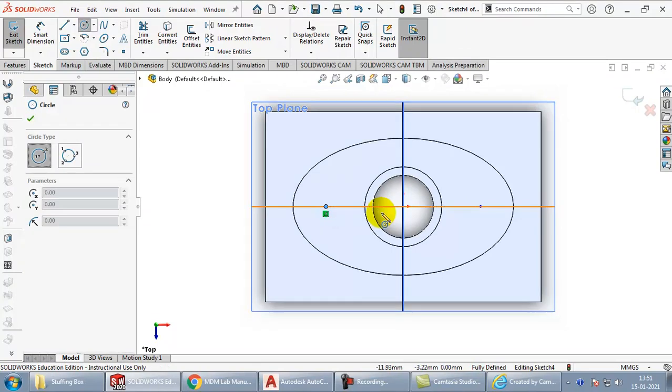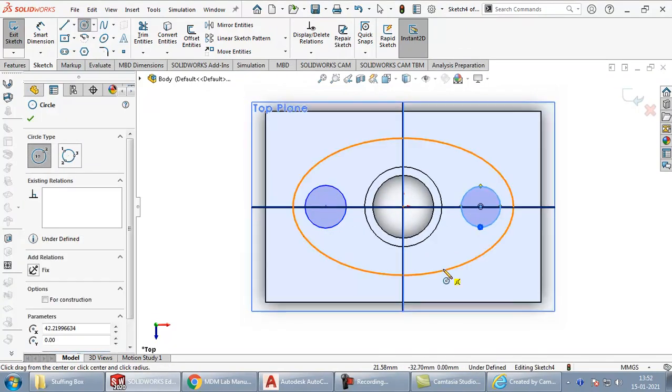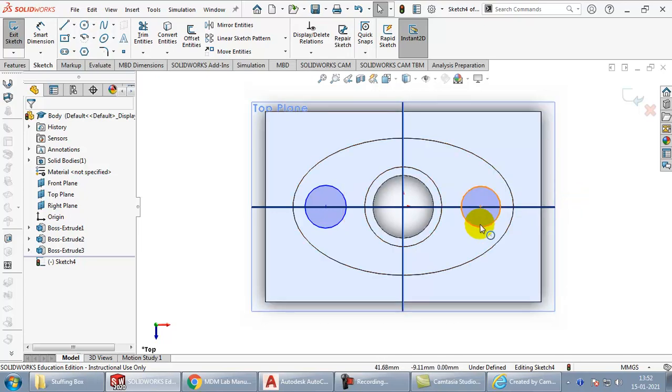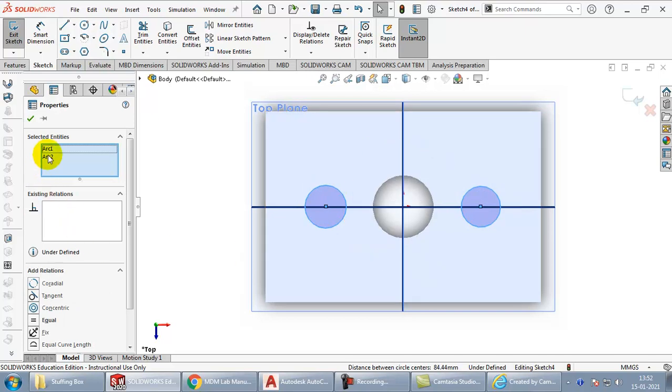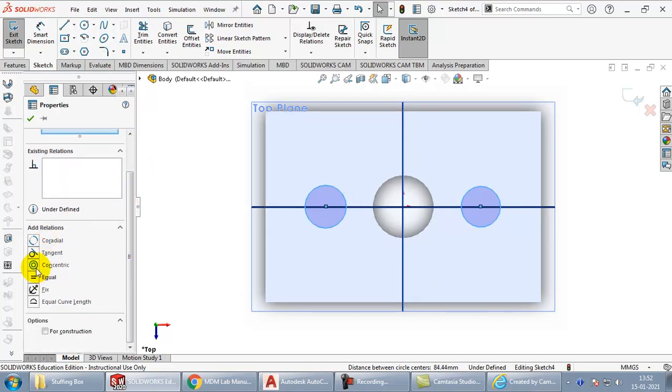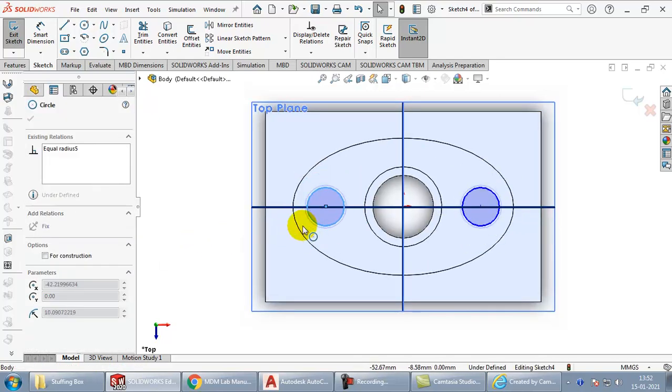I'll create a circle at this end point and at this end point. The radius for both of them needs to be the same. So select this, press Ctrl and click on this. Now when both the circles are selected, you will get an option to make them equal. Now both the radii are equal. You can drag and check that.